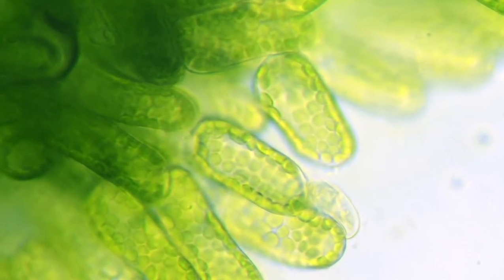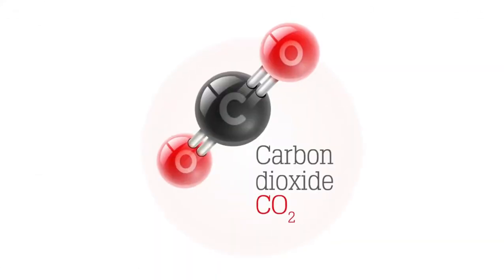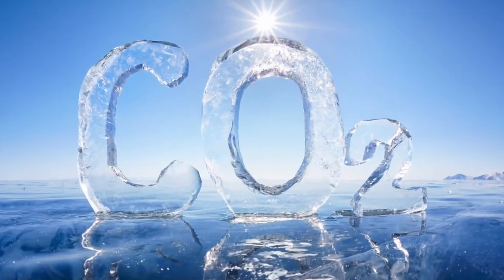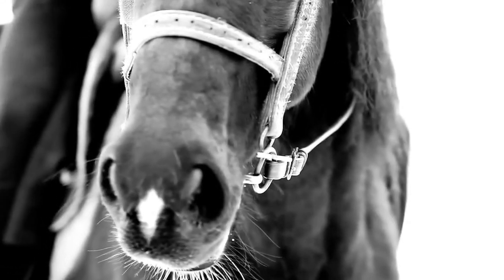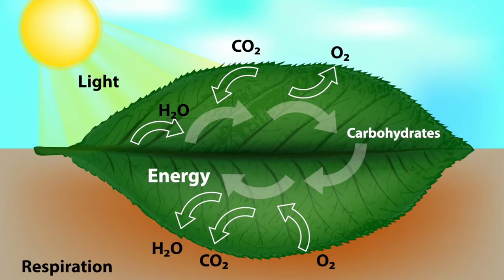Three elements are required for a plant to perform photosynthesis. Number 1, carbon dioxide is required. Carbon dioxide is a gas in the air. All animals expel carbon dioxide when they breathe out. Plants like that. Plants need carbon dioxide. Carbon dioxide is absorbed into the leaves of the plant.